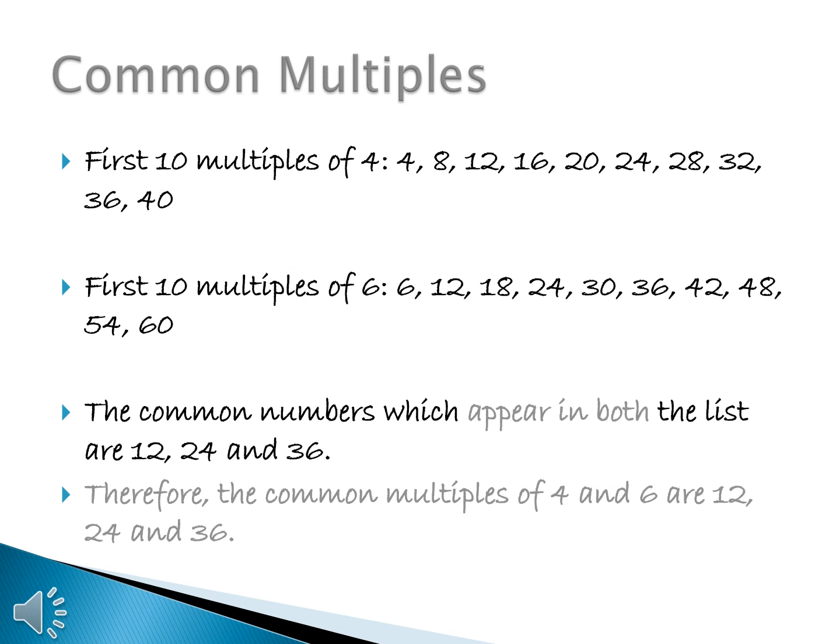Just look at the lists and try to find the common numbers. I see there are 3 common numbers: 12, 24 and 36, right? Therefore the common multiples of 4 and 6 are the 3 numbers 12, 24 and 36. This is how very easily we can find the common multiples. Let us now practice a few questions of exercise 3.1.